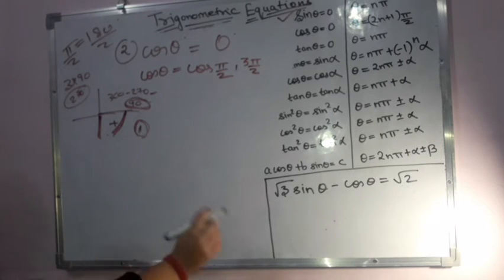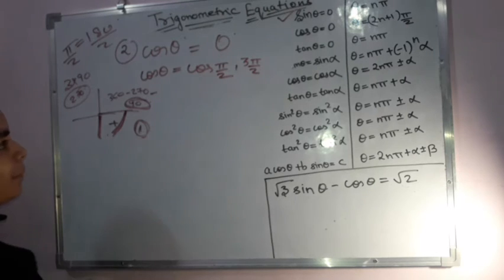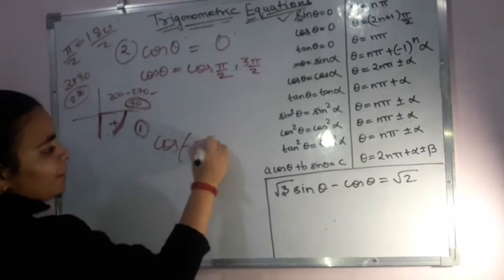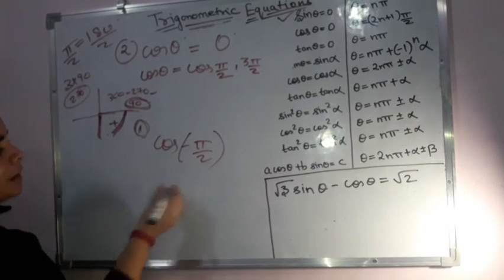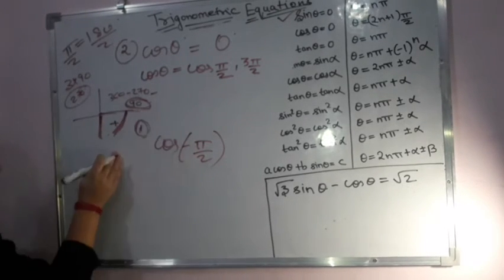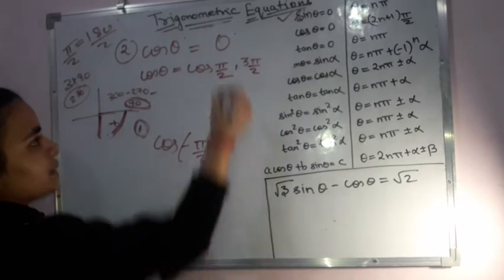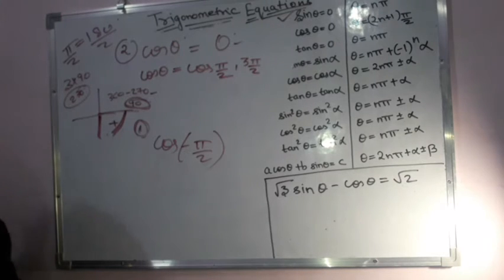Now similar will be the case for cos of minus pi by 2. Why will it be minus pi by 2? Because from one side you get that cos of minus pi by 2, in itself, will become plus cos pi by 2, because minus becomes plus. That way also you can see, or the other way you can see is that it is 0 degree. That means it is going to have no effect whether you take positive or negative.